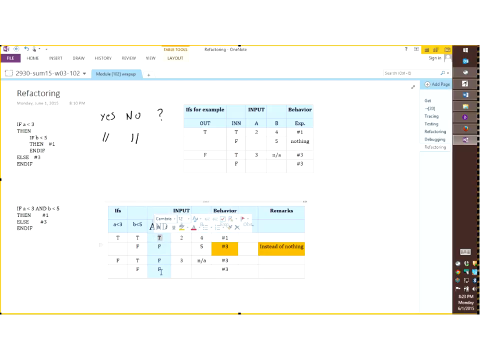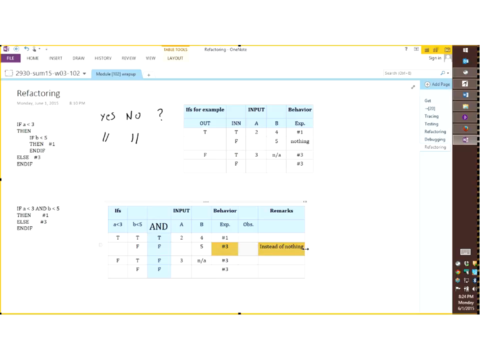So I have one true here and then a bunch of false. So for that true, I'm going to enter the then part and execute code number 1. Well, I look at the values 2 and 4 here. This is the same stuff. Very good. Now let me jump to the other one that works. When A lesser than 3 is false, no matter the value of B, I'm going to go to the else. I'm going to execute code number 3. Very good. That's what I did here too.